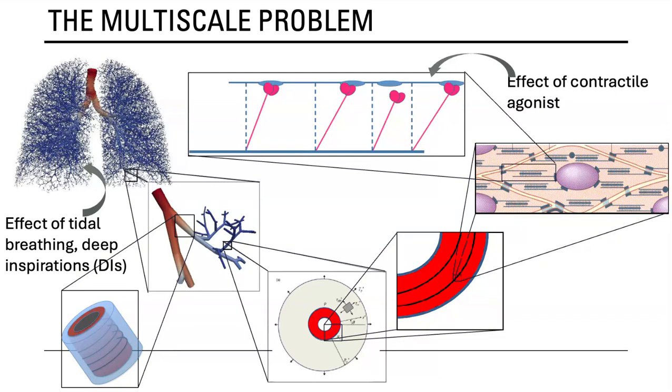So what's happening there is you're applying strains to the airways, which are then feeding down to the muscle cells, perturbing that interaction between proteins, and thereby having an effect on the molecular scale. So there is a constant interplay between what's going on with the molecular interactions and our organ scale breathing. Okay, so